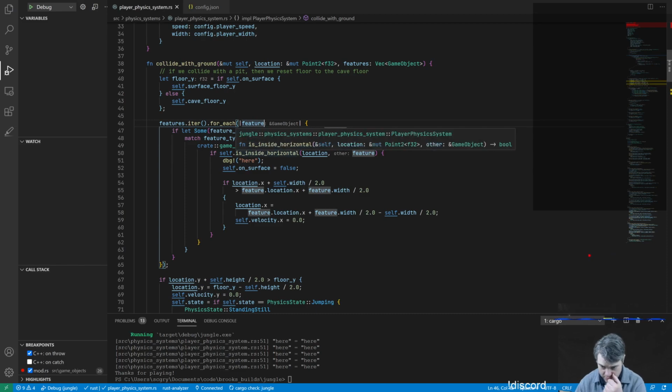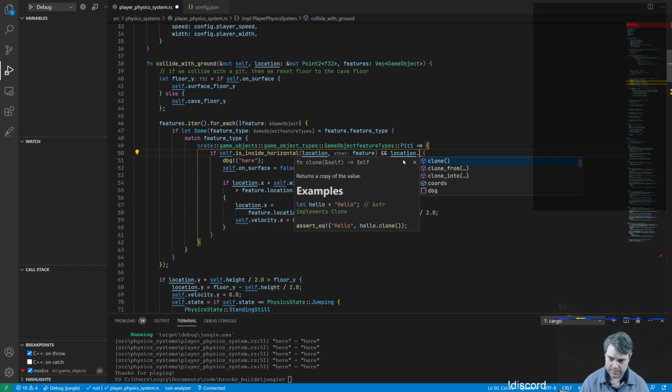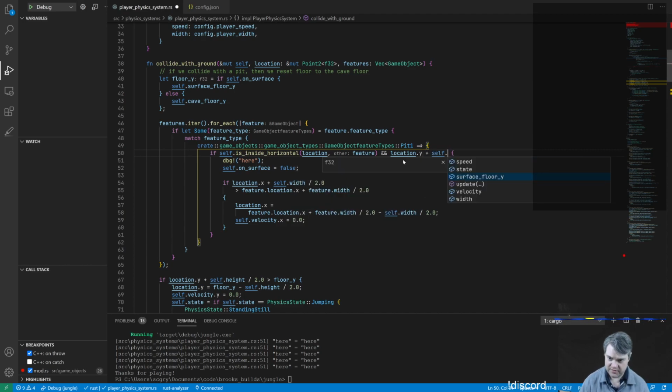Okay, so if we're inside horizontal and our feet are touching the ground, so self dot, actually, this is gonna be just location dot y plus self height divided by 2.0. Okay, so if that is greater than or equal to self dot floor y,